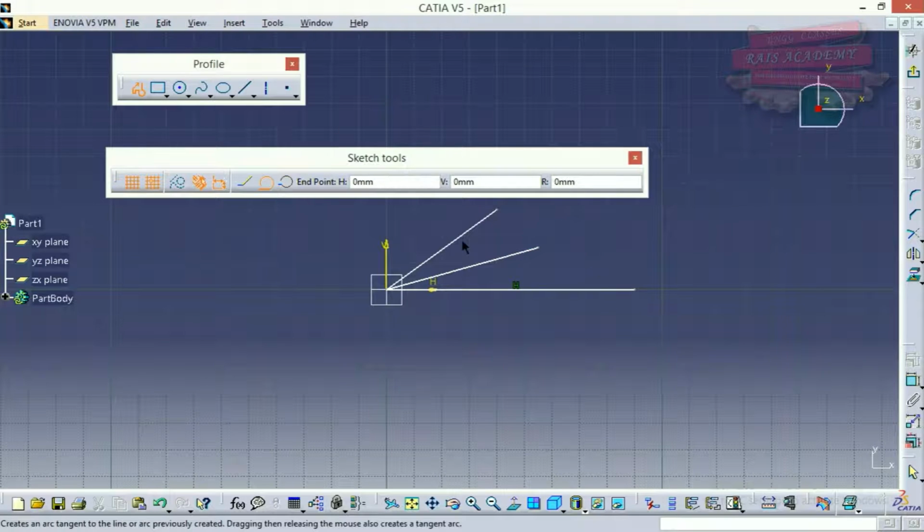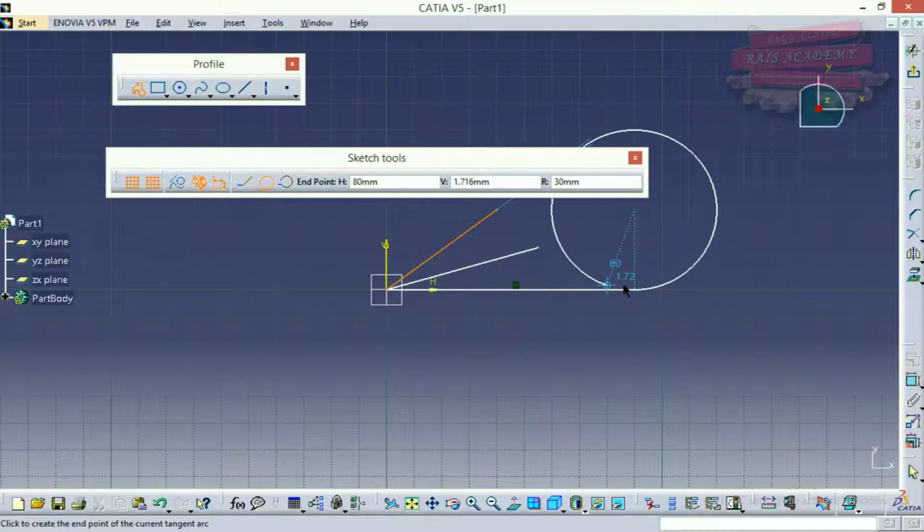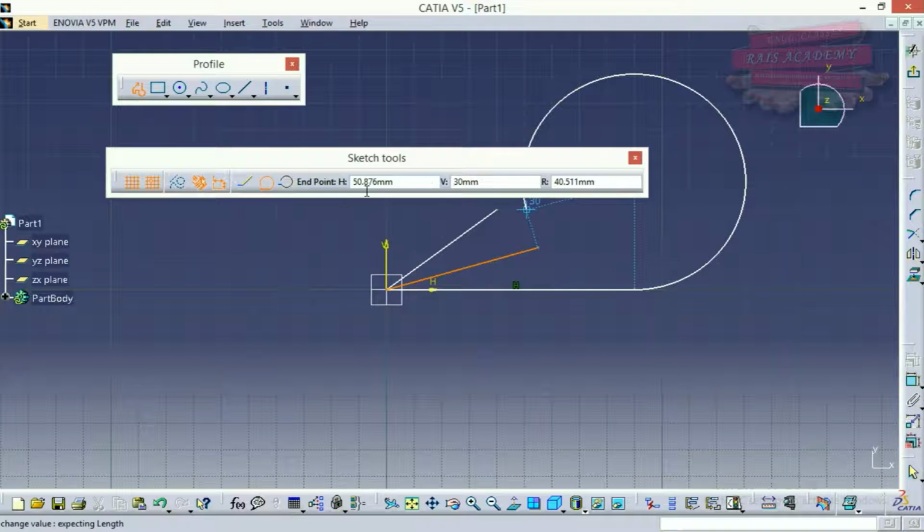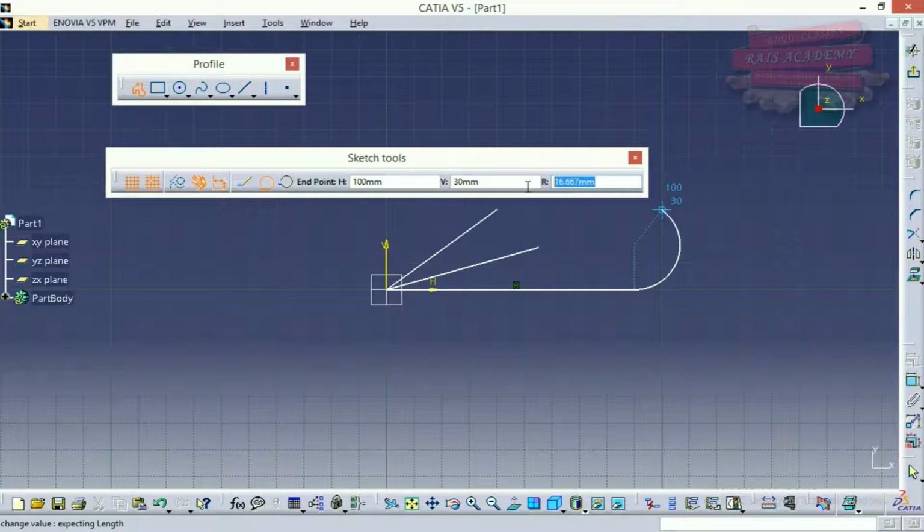When we select the tangent arc, it will draw an arc which is tangent to this line, with a particular radius and with some end points, h, which is at h distance from the y-axis, and v, which is at v distance from the x-axis. Okay, so I'll give it a radius of 20 and enter. Now you can see as I've entered, the radius has been locked, and now all I can do is increase the parameter of the arc,